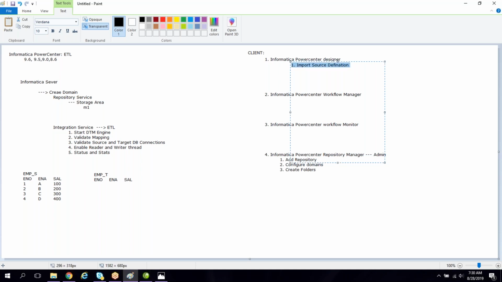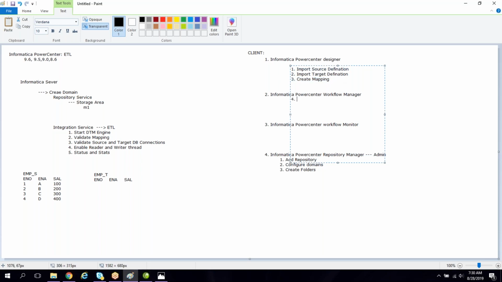Then we have to import the target definition. After importing the source and target definitions, we have to create the mapping. So these 3 things majorly we have to do in the PowerCenter Designer tool. We can also perform other tasks that we will discuss later. For now, for any standard mapping, first we import the source definition, import the target definition, then create a mapping.